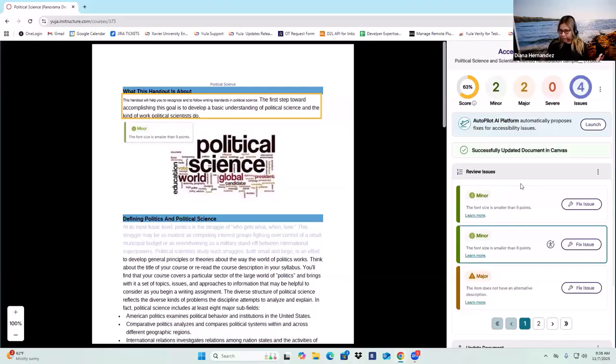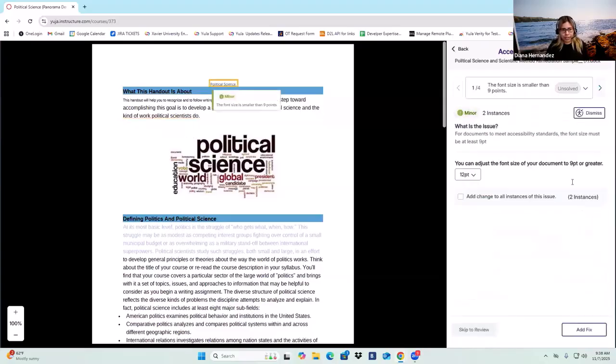So to make it a little bit easier, if you look next to the issue type, we have a fix issue. If you click into that, it's going to take you to a window that allows you to fix the issue here. It's going to tell you the font size is smaller than 9 points. By default, we recommend 12 point, but you can select a different font size if you like.